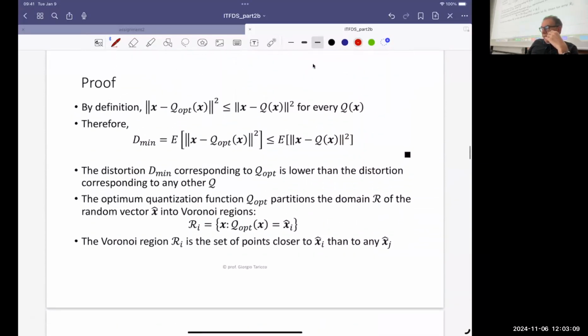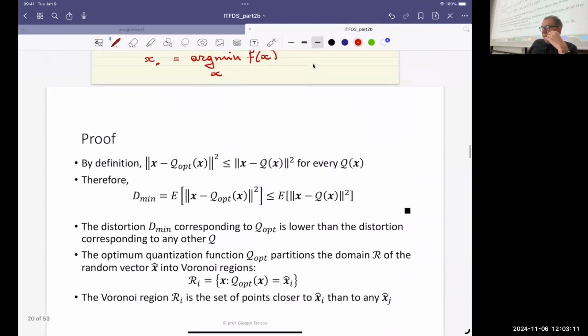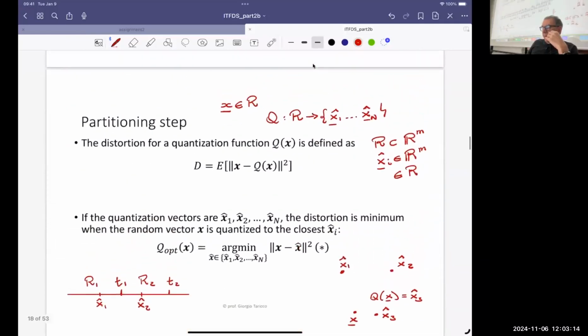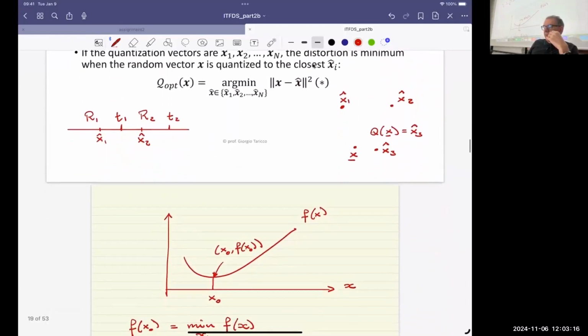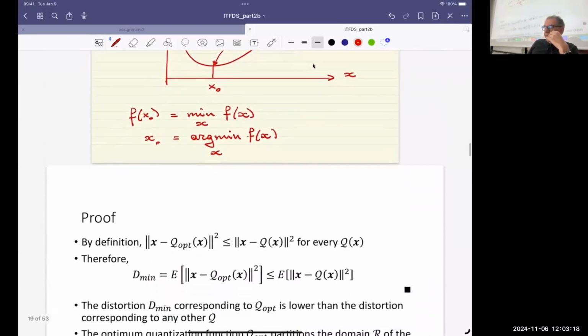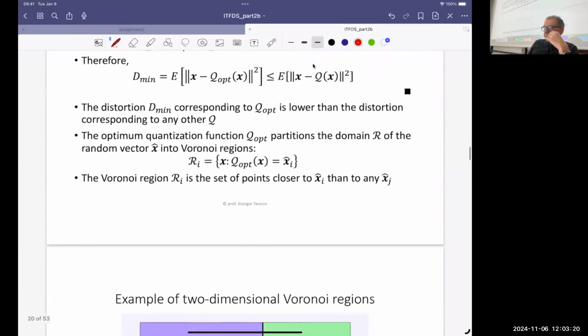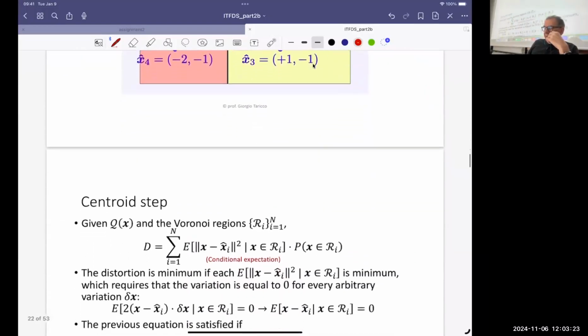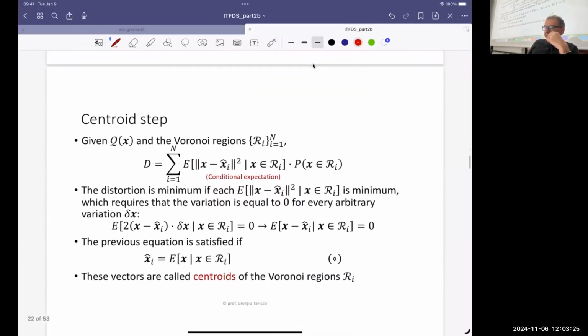The partitioning step, therefore, consists of obtaining the Voronoi regions, and the other step is the centroid step, which is very similar to the calculation of the centroids in the Lloyd algorithm. In this case, in the centroid step,